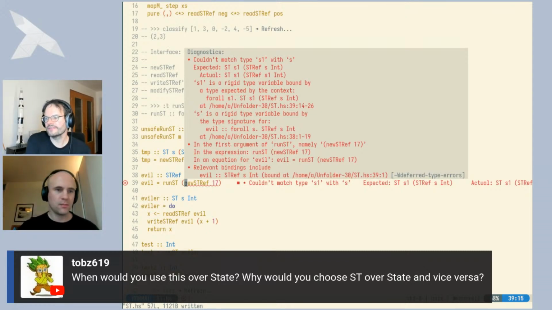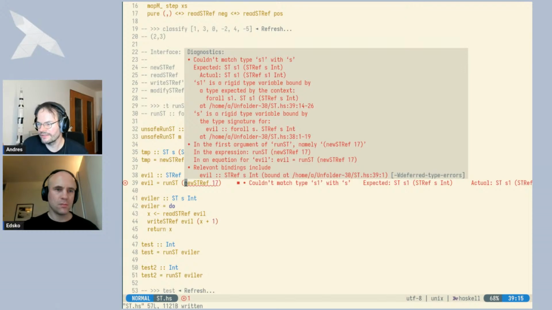Yeah, I think this is an interesting question. I think the benefit of ST is really in a situation where you want the in-place mutability, because state is simulated state, right? And it's perfectly fine for many purposes, like we did in our simulation setting. But then you can already see our